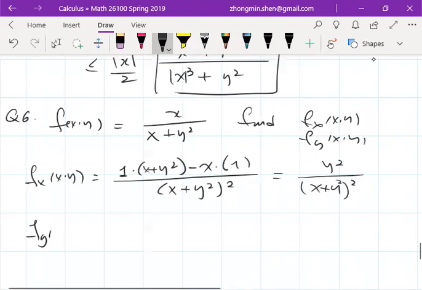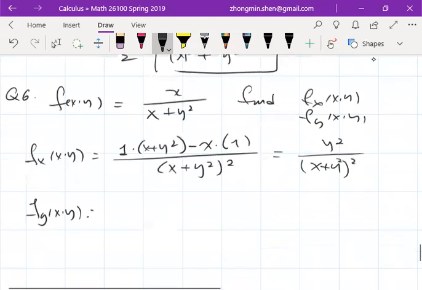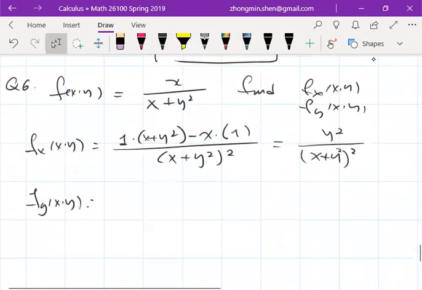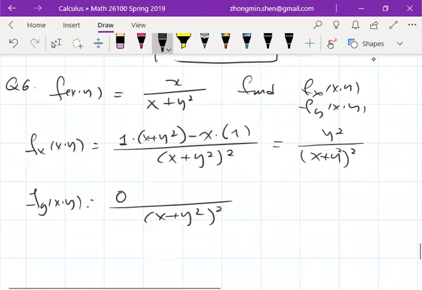And then you differentiate with respect to y. This time the derivative of x is going to be 0. Then you differentiate the denominator, x plus y squared, which gives 2y. So the answer will be